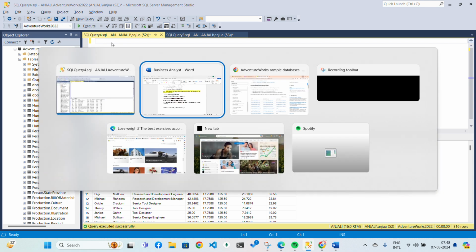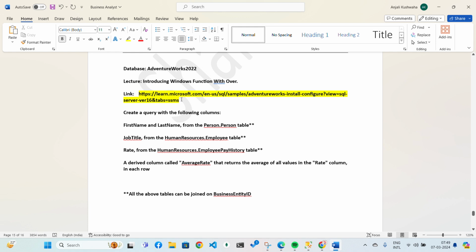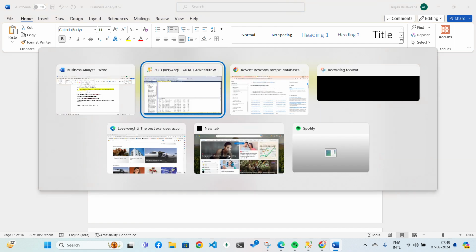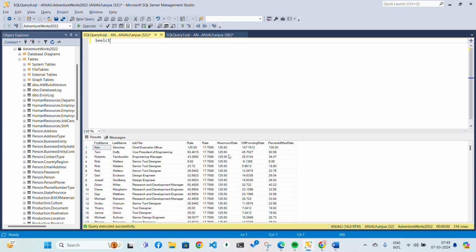This is the link, and I have curated a few queries. This is the first query we will work upon: the first name and last name from the Person.Person table. I need to select